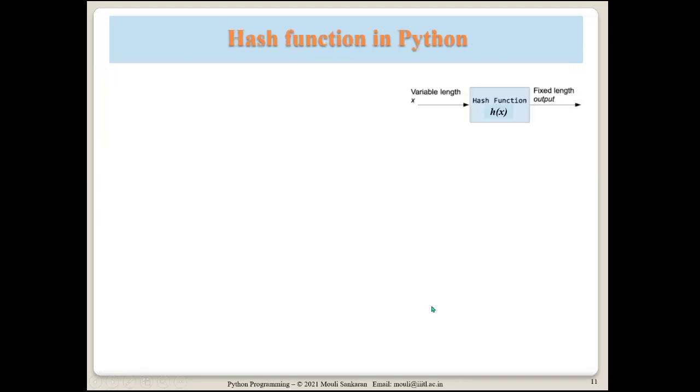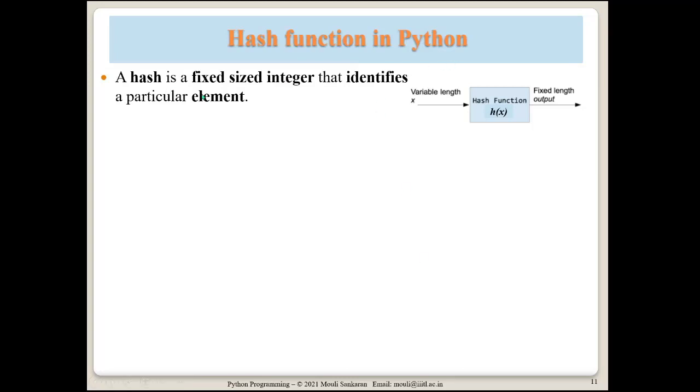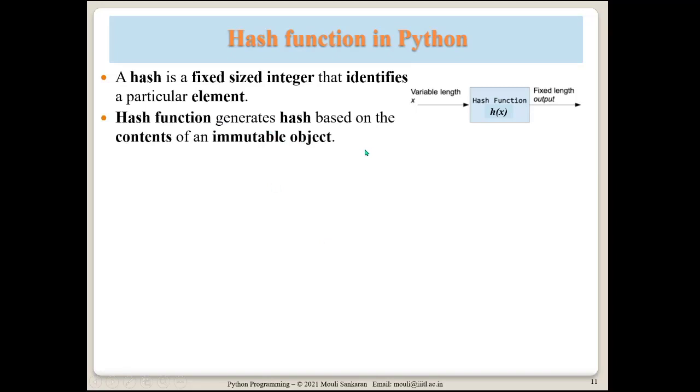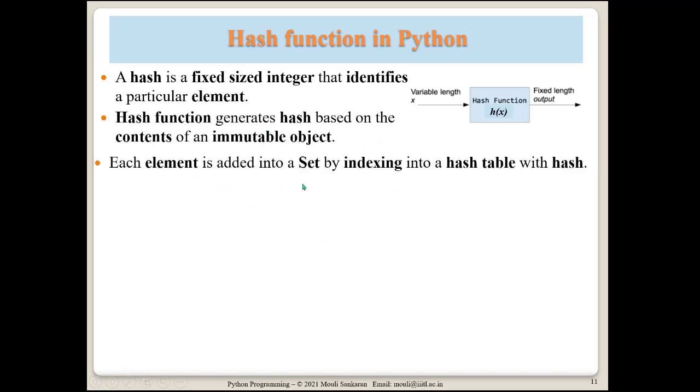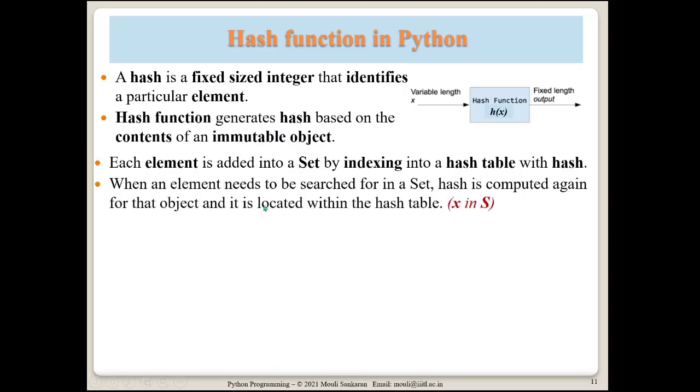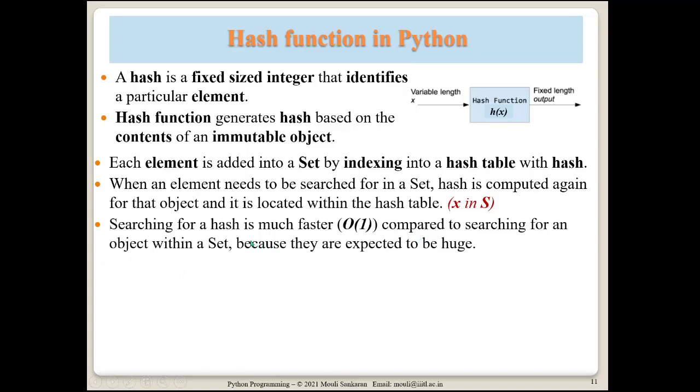Okay, so what is a hash function in Python? It's a fixed size integer which comes out. A hash function generates a hash based on the contents of the immutable object. I told you each element is added into a set by indexing into a hash table with a hash. When an element needs to be searched for, the hash is computed again for that object, and it is located within the hash table. Searching for a hash is much faster, order 1, compared to searching for a huge